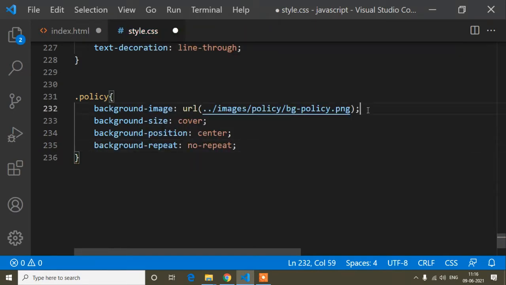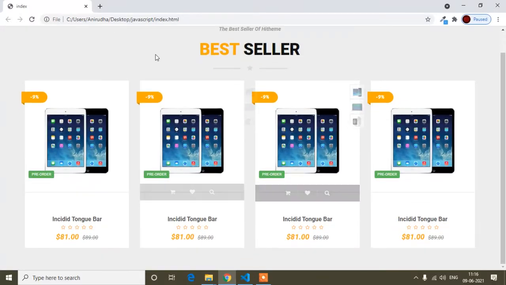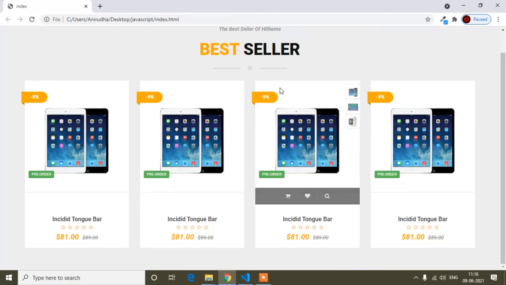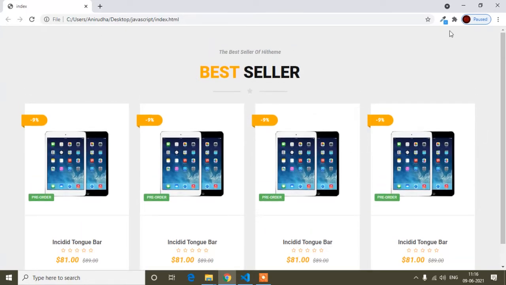That means guys, I'm just giving you an example on this design. Suppose you are adding a background image like this, just watch my mouse cursor.